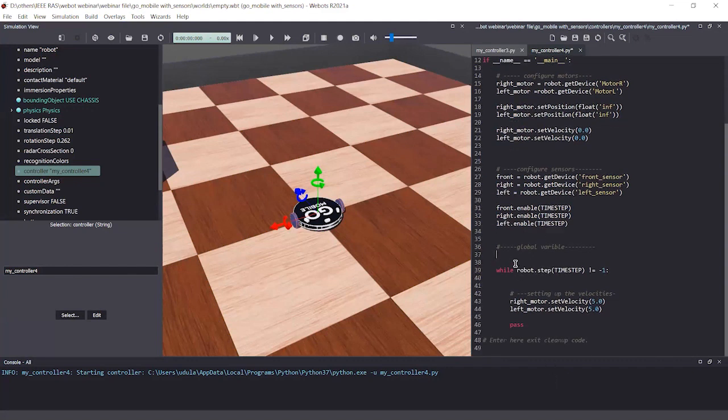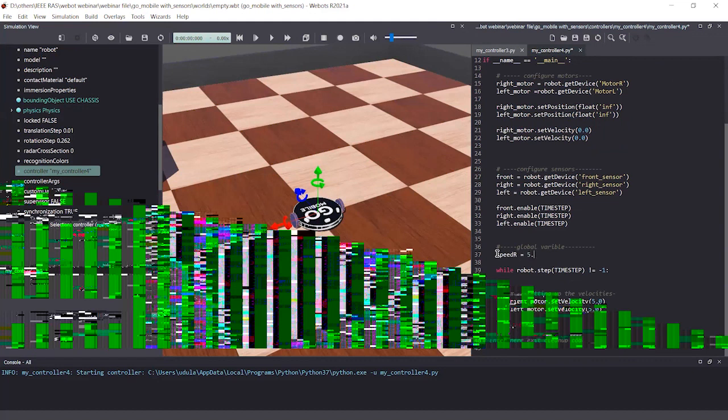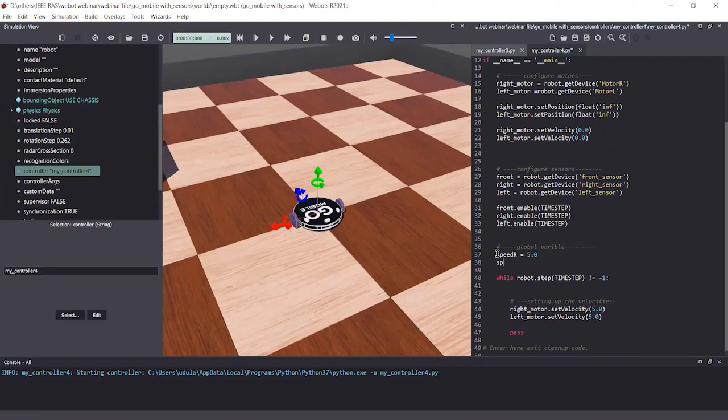I'm going to create a variable. Let me create speed R for right motor speed. Let's set this to 5. Similarly, speed L, 5.